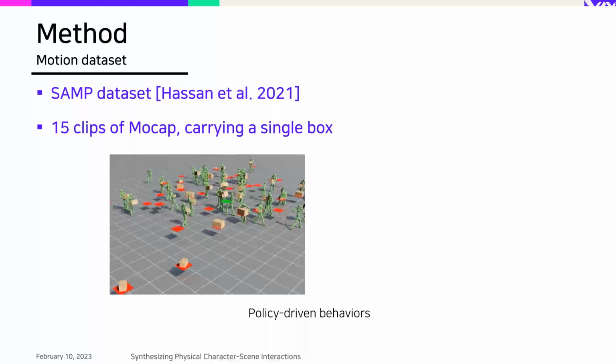They trained a policy for each task. The one they wanted to prove was that this dataset only consists of limited types of objects, like carrying a single box, right? Carrying a single box, or